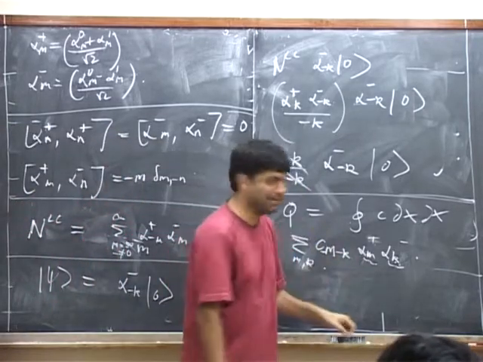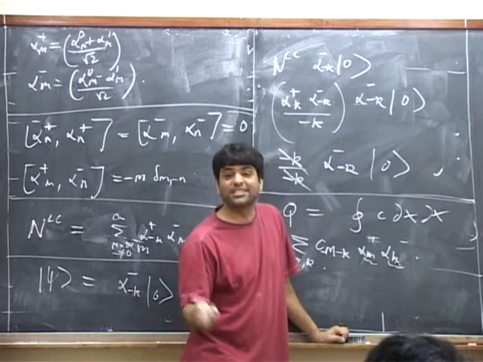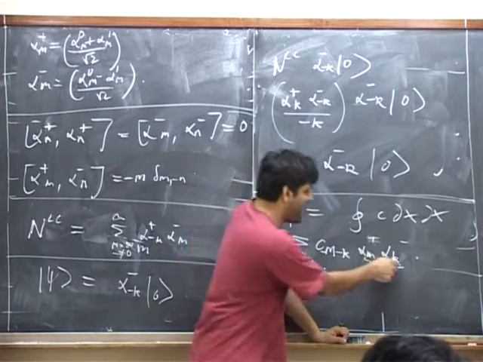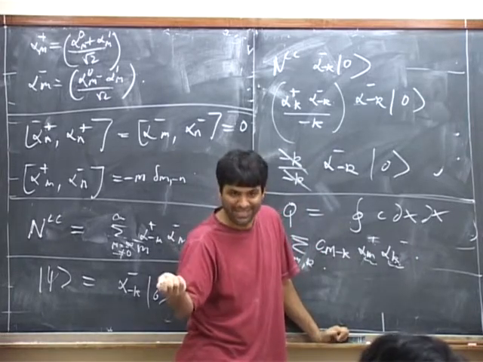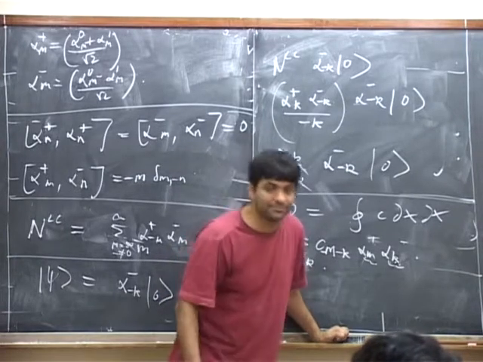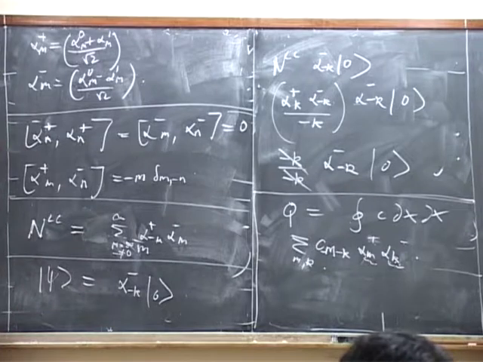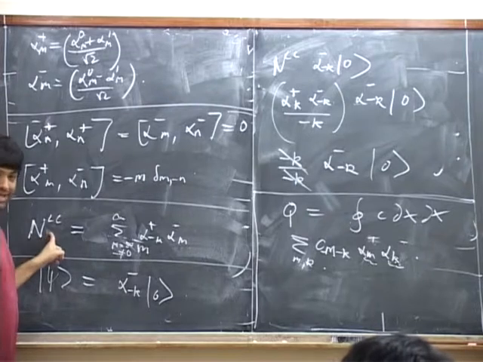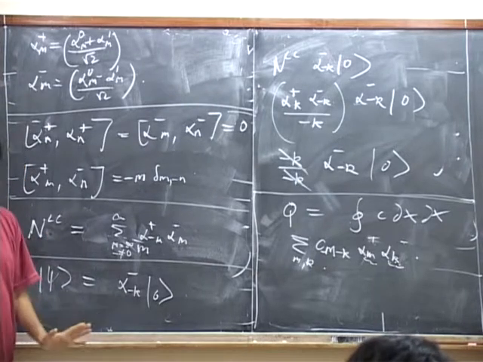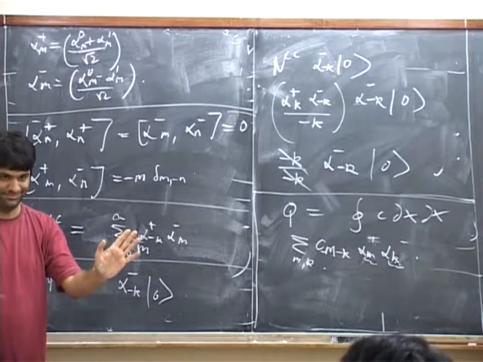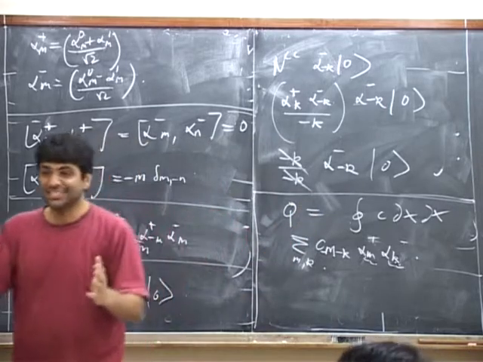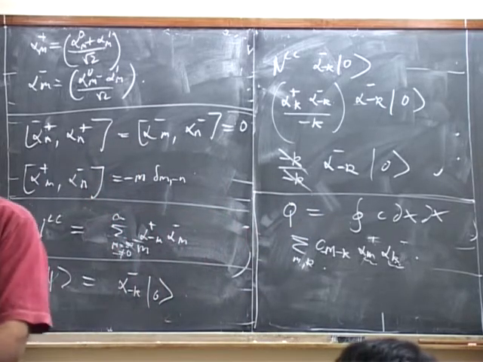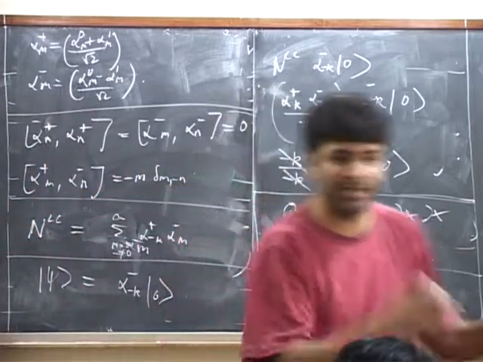So let's do the two cases again. Suppose both were positive, then both are destruction operators. But remember that a positive value on alpha minus is a destruction operator for alpha plus, for a plus oscillator. I'm just worried about factors of number line here. So that wouldn't matter. You see, we've got the physical interpretation of this thing. It actually counts the number of oscillators with no factors. Okay. Remember, we got these factors nicely cancelled. So NLC is just the operator that counts the number of oscillators: number of minus oscillators minus number of plus oscillators.